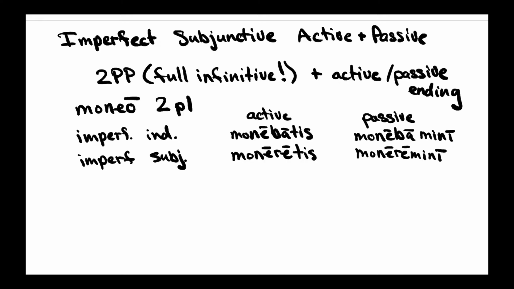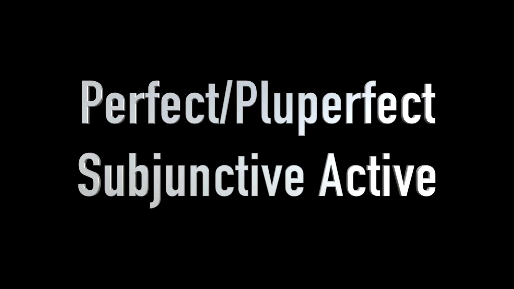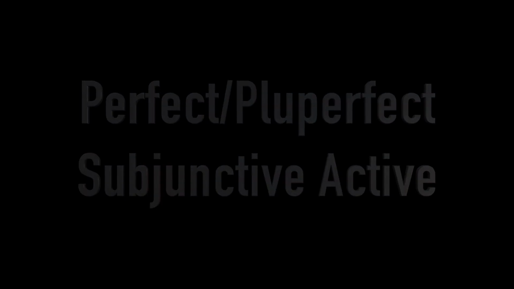All right, we'll go ahead and move on from that second principal part now. And we will move on to the perfect and the pluperfect subjunctive active. Now, remember that the perfect system utilizes the third and fourth principal parts. Third for the active and fourth for the passive. We're going to do the perfect and pluperfect subjunctive active, and then we'll do the perfect and pluperfect subjunctive passive together, right? Because the former take the third principal part, and the latter take the fourth principal part. So the perfect subjunctive